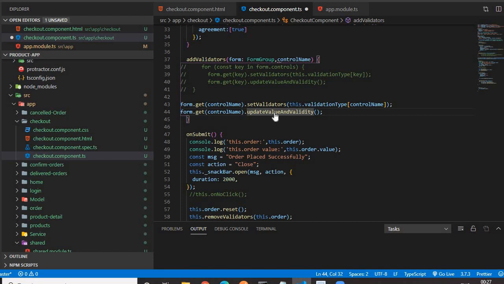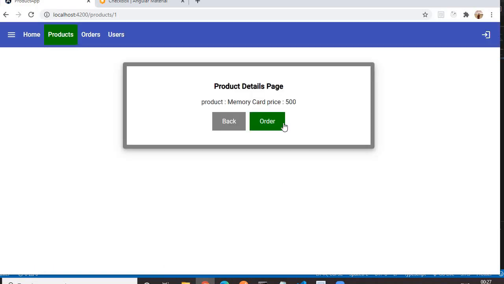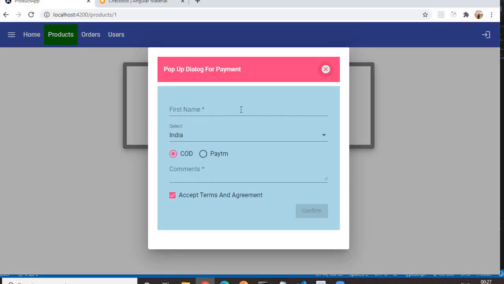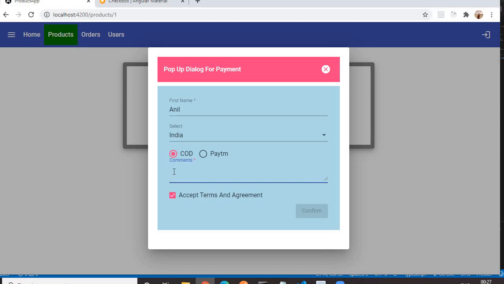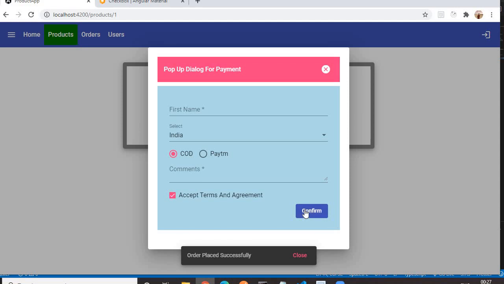So now if I save, we'll see. Go to the order, and then go here, order, on click of confirm or reset.